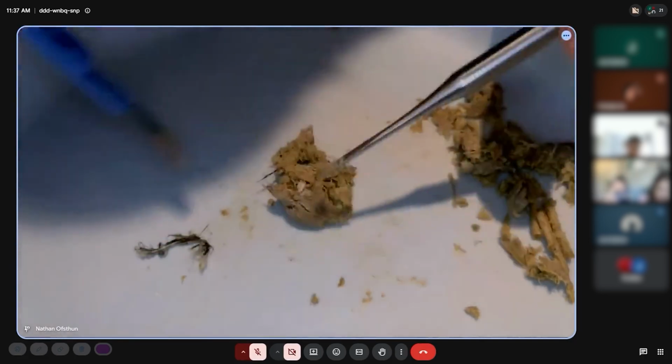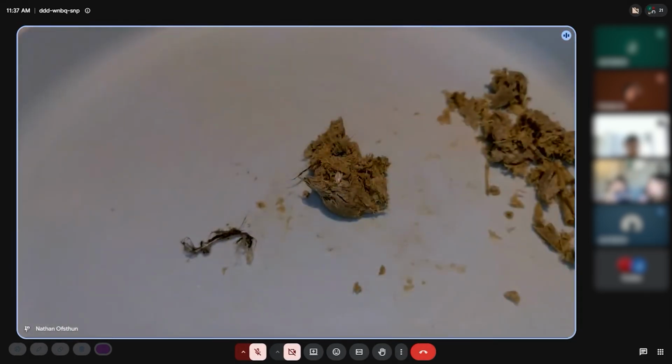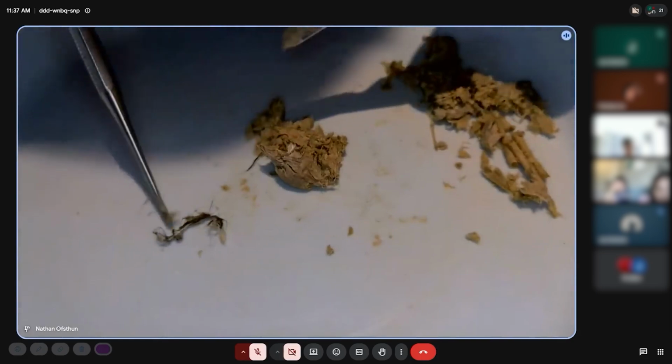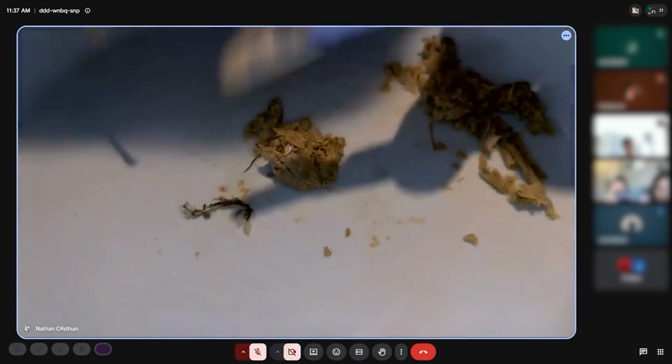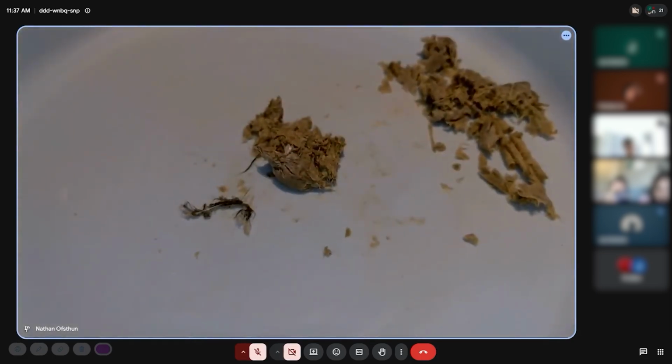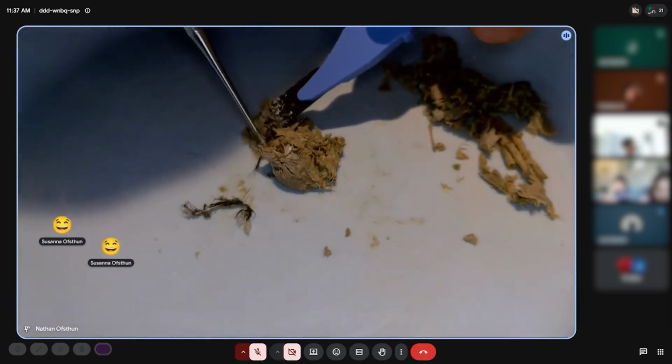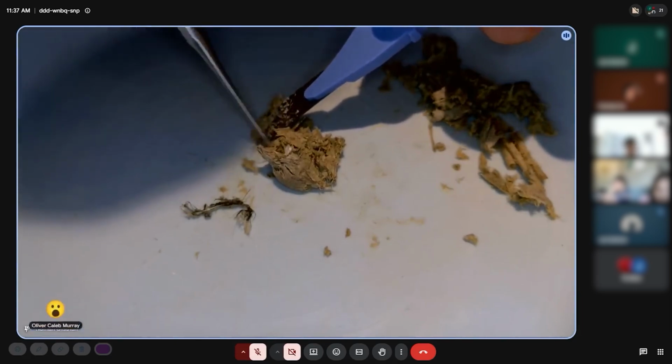Okay, it's right here. And I actually think I know what this is. This is interesting because this is a feather right there. That is part of a feather. I can see the central vein of the feather, and I can see some of the grayish fluff, and I actually see a little bit more right here. There's a little bit more right here.